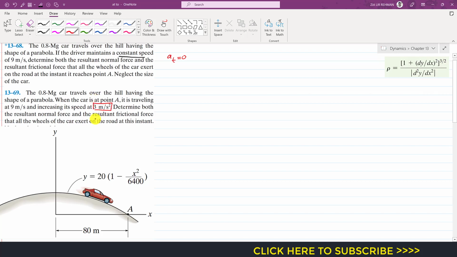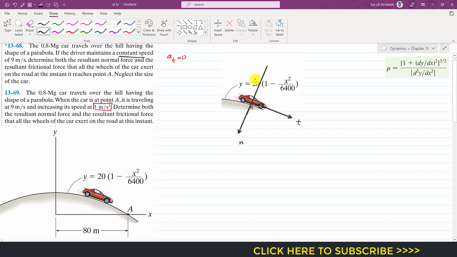Now, let's say the car is at point A, and let's say that this is the free body diagram that we are assuming. Let's say that somewhere here is that point A. So let's assume that this is our tangential axis, like this. Tangent to the path is our tangential axis, and towards the center of the path is our normal axis. This is our normal axis. So if I extend this normal axis like this,